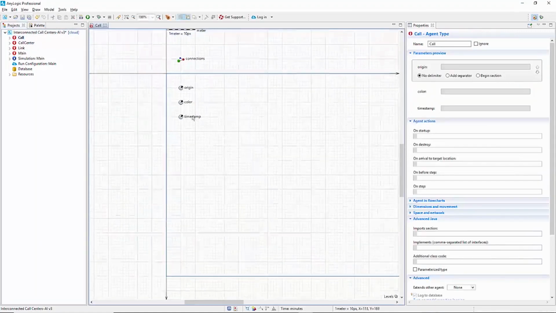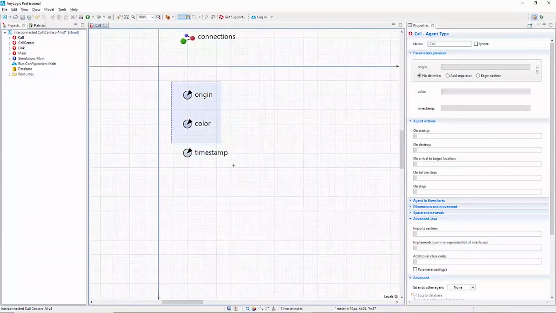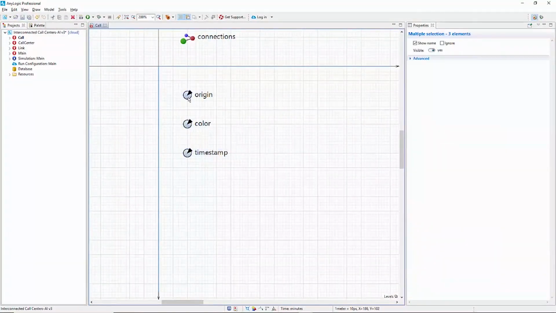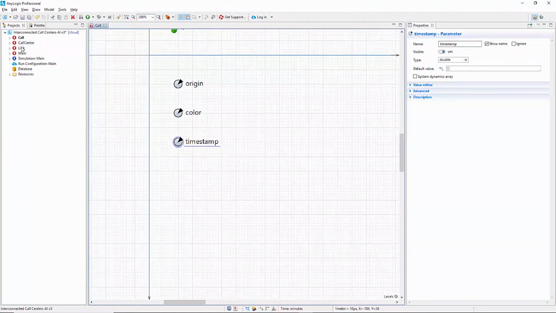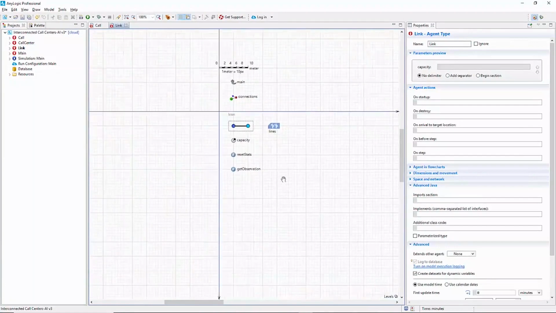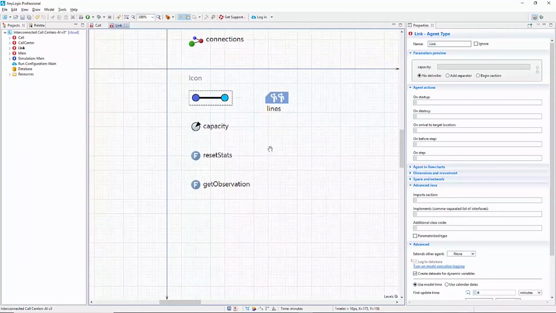As you can see, this one is a very simple agent type with 3 parameters in it that tells us what is the original or origin call center for this call, the color of it, and the time it entered the system. Then we have a link agent type, and the link is